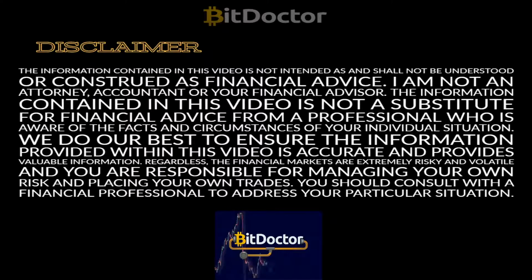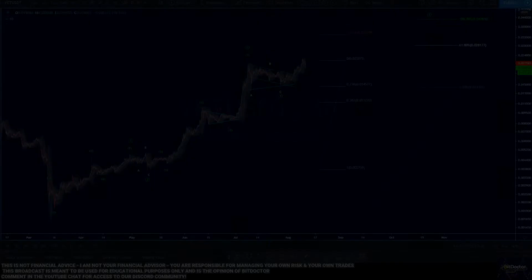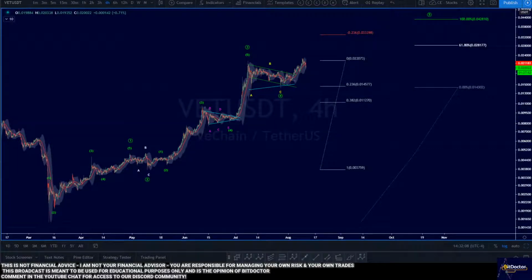Okay, so let's go ahead and take a look at the charts. It's pretty clear what we've got from the bottom. We've got a nice impulse. It looks very similar to Bitcoin, although I do think that a lot of these alts have really outperformed what Bitcoin has done. But nonetheless, I do want to pay attention to the waves that we're working through here. Basically, what I'm counting from down here on March 12th, March 13th, we've got a nice 1, 2, 3, 4, 5 to complete this move.